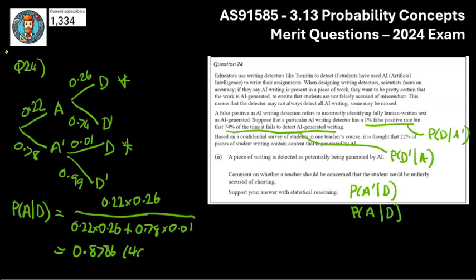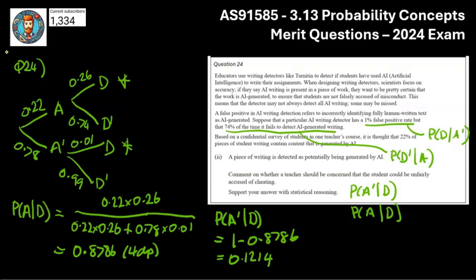And then, as always with probability, I do a 4DP rounding. So now that I've got that, I can find the other half of the equation. What's the probability that they didn't use AI but got detected as using AI? This calculation will be a bit easier: it's 1 minus the probability we just calculated, and that is going to be 0.1214. Okay, so now that we've done the maths, this is probably where our achieved mark is sitting,